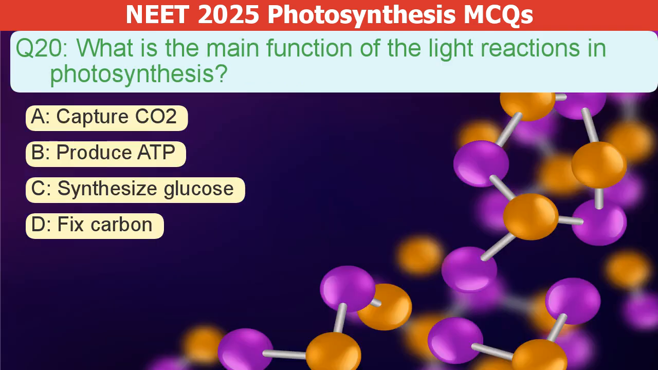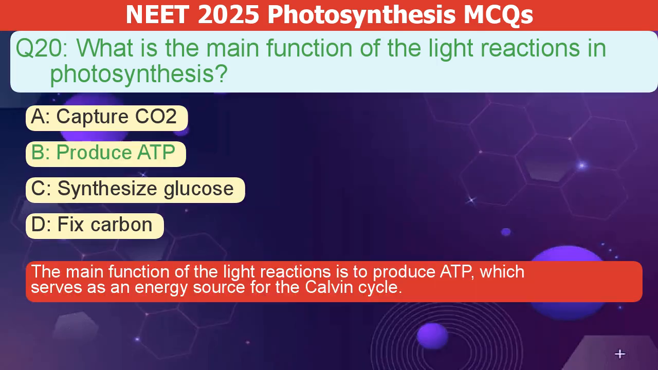What is the main function of the light reactions in photosynthesis? A. Capture. B. Produce ATP. C. Synthesize glucose. D. Fix carbon. The correct answer is B. The main function of the light reactions is to produce ATP, which serves as an energy source for the Calvin